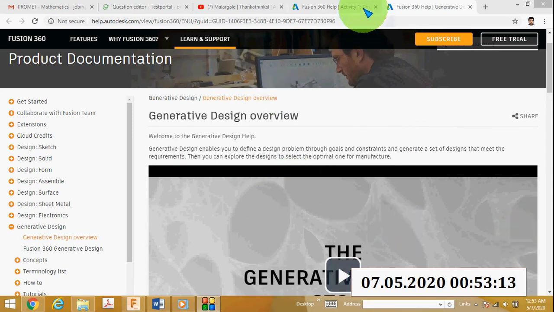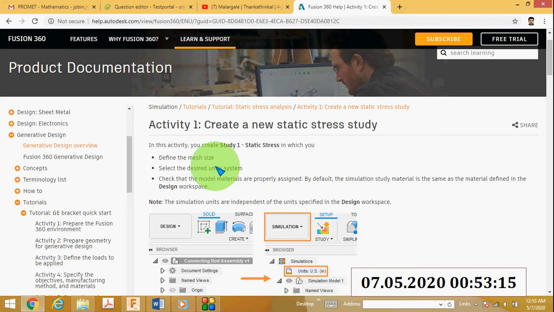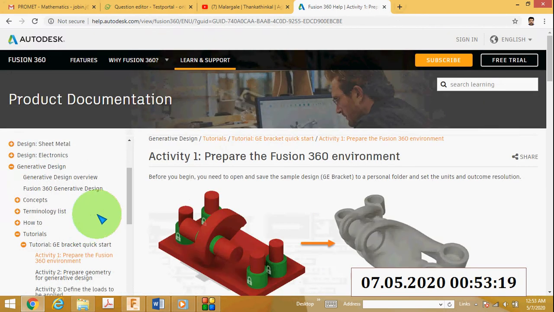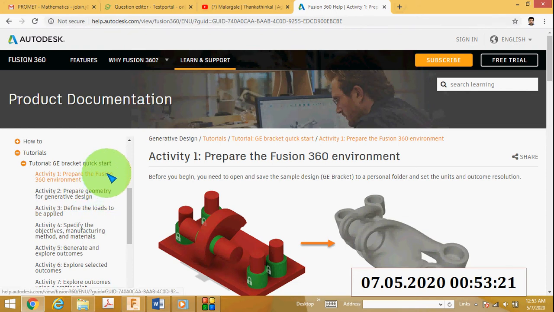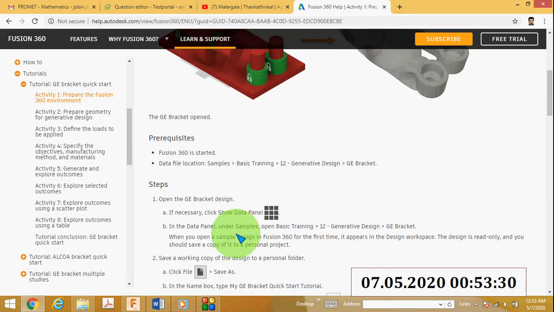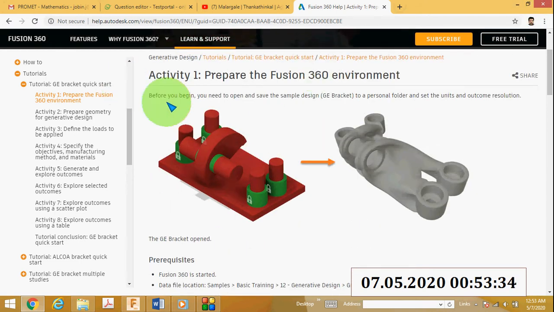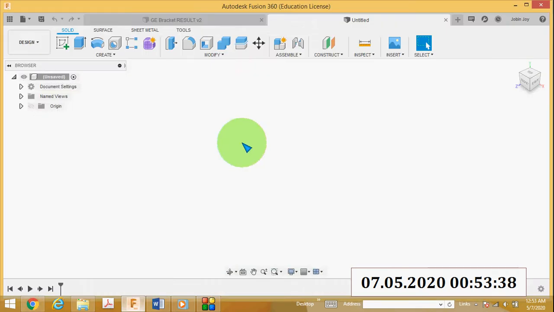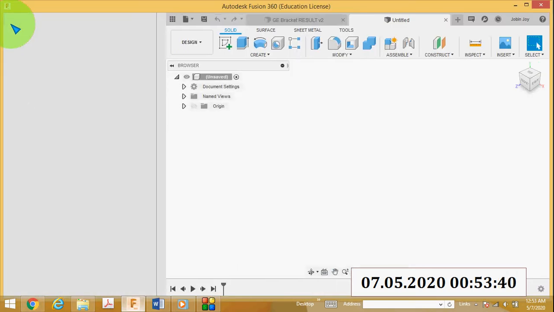Then we will move to the tutorial. The first tutorial is a GE bracket kickstart. First you have to prepare the Fusion 360 environment. So first I will open this GE bracket. Open Fusion 360, then go to the data panel,